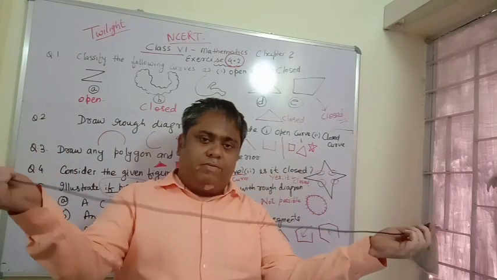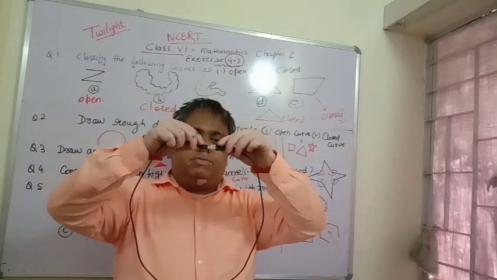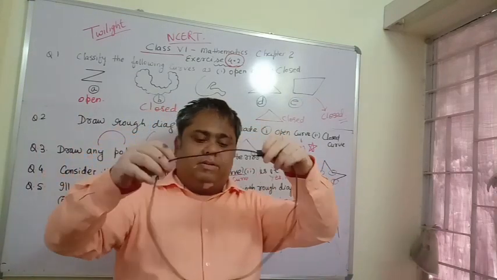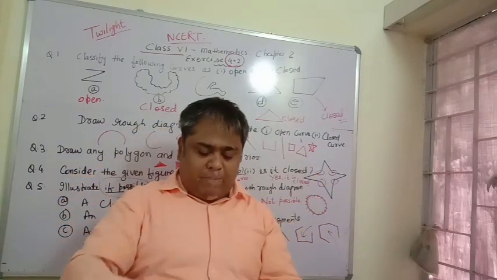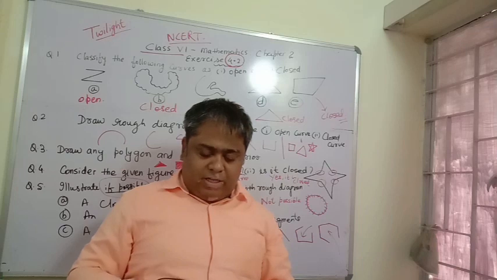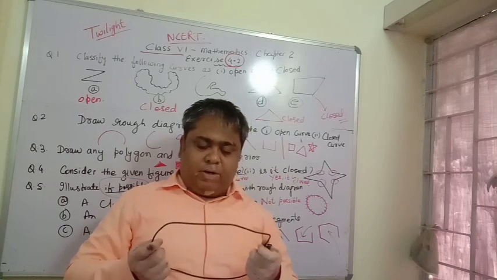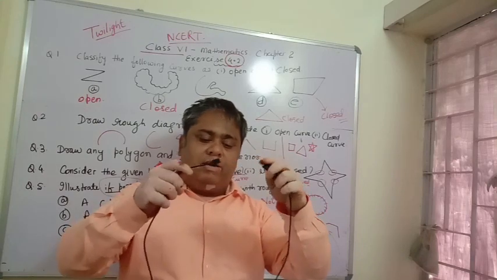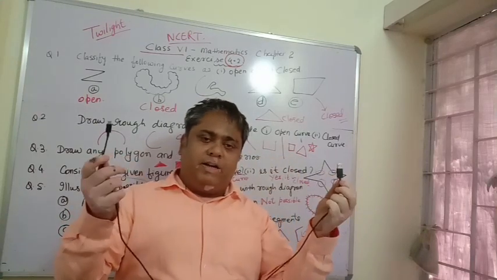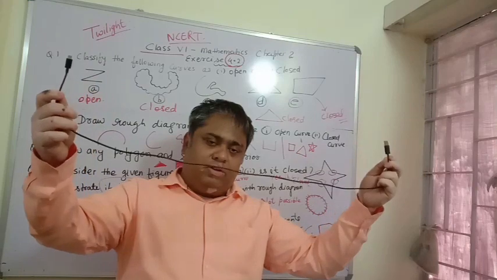Now this is an open curve, this is a closed curve. Alright, this is more or less a circular curve. Now if I keep it on the table and then stretch it equally from all 4 sides, it will become a square kind of thing. So we can make a square, a triangle, a star, anything we can make. So these all are curves actually.